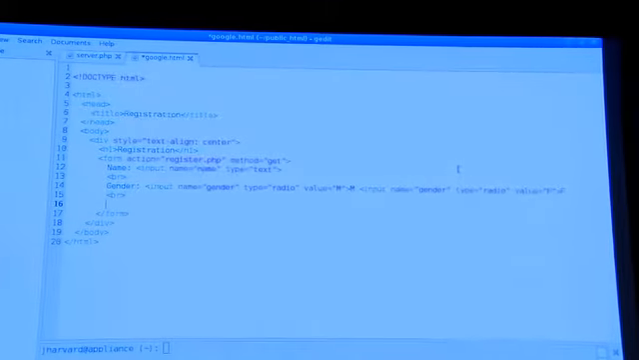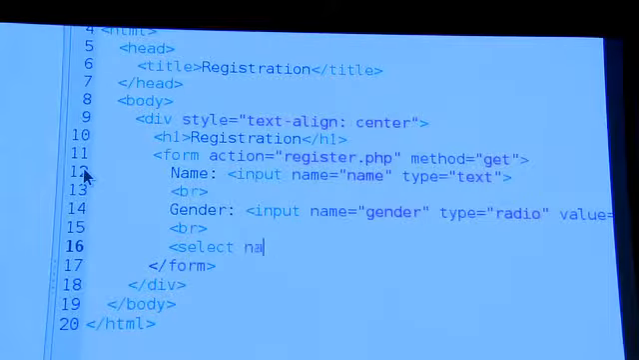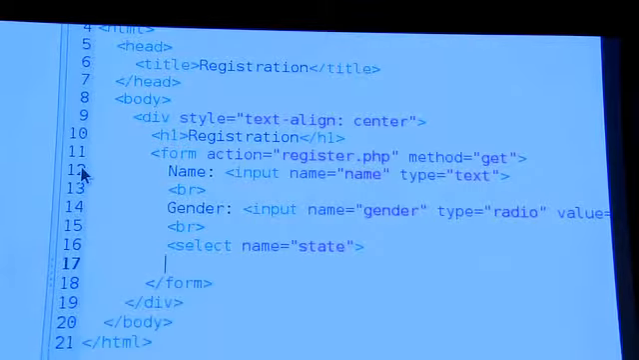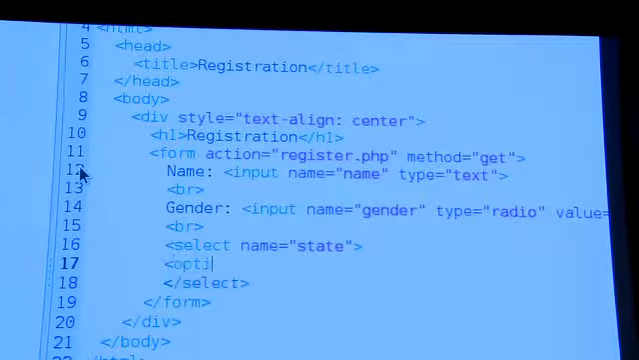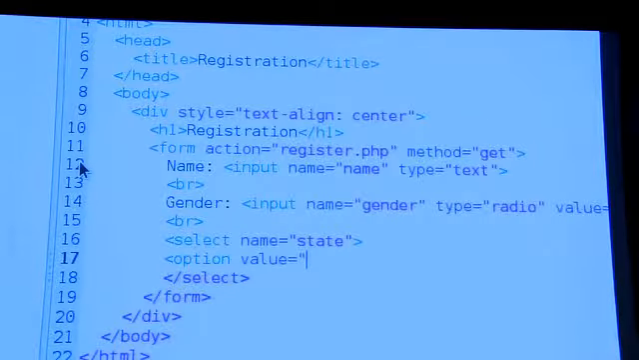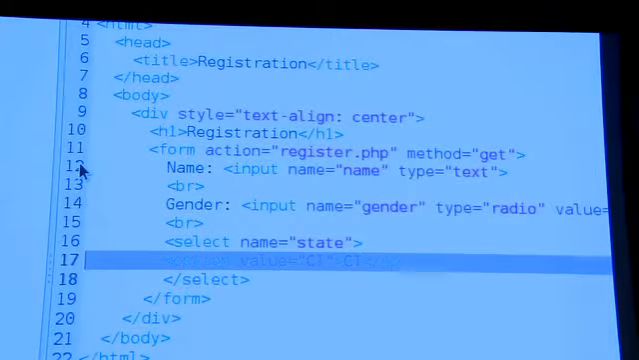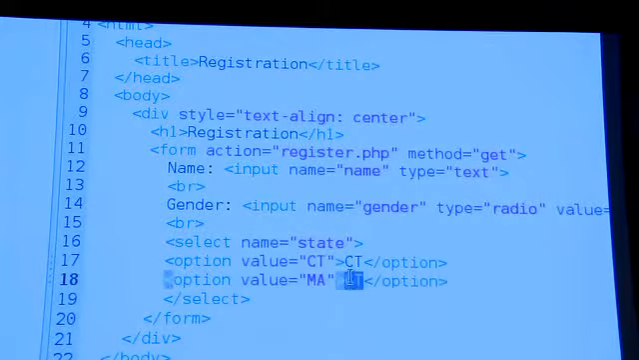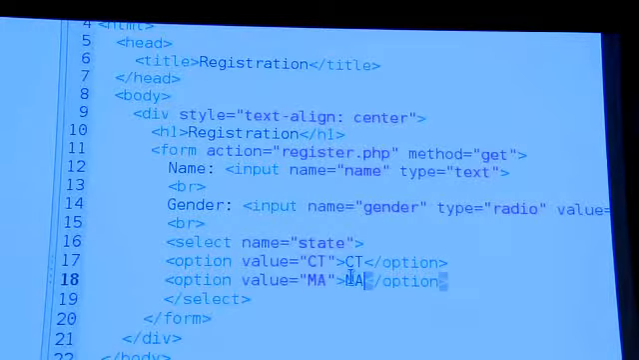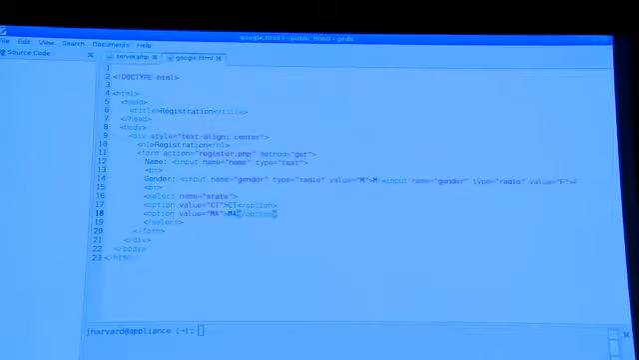Let's do a simple drop down here. Let's do a select, name equals state, close select. Let's do this here, option, value equals, let's say, Connecticut, close option, and Massachusetts. So our registration form, for whatever reason, will only support people from Connecticut or Massachusetts, just so we don't get bored typing them all out. OK, so I've made a very quick and dirty form in,